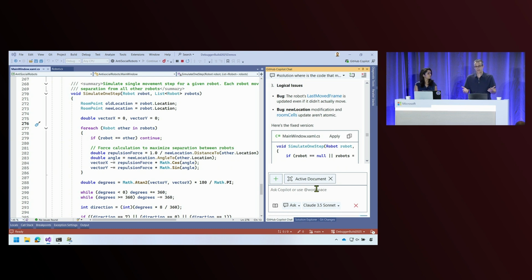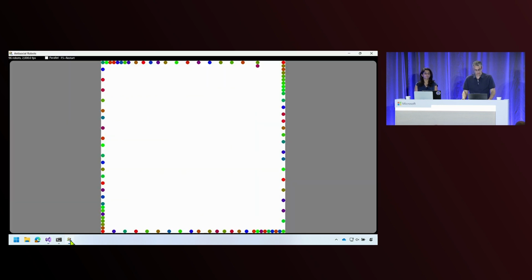That brings me to the importance of context. The more targeted data you can give Copilot, the better answers you're going to get from it. Let's now try to tell the model what we are seeing so that it might do a targeted fix here for us. I can either describe what I'm seeing, hey, the robots are going along the edges and so on, but I can also use the vision capability of Copilot.